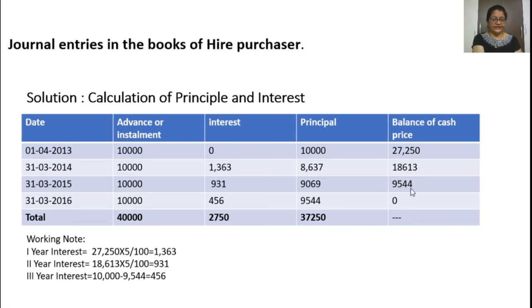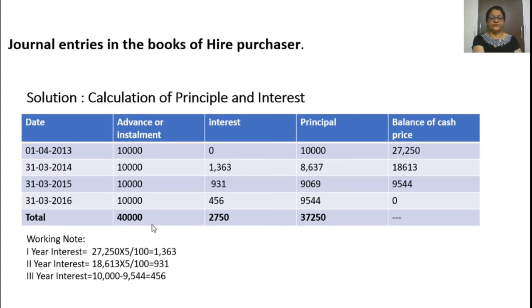The installment was 10,000. So 10,000 minus 9,544 means the extra amount you have paid is interest of 456. Now you can make the totals: interest 2,750, principal 37,250,